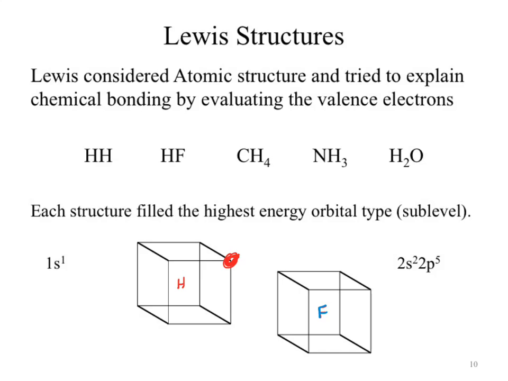How many electrons does fluorine bring in for its valence shell? 7. 1, 2, 3, 4, 5, 6, 7. Interesting. That one space on our fluorine is missing an electron. Well, what can happen? Let's mesh the face of this hydrogen with the face of that fluorine along that line. We've now formed a bond where we've shared the electrons between them.